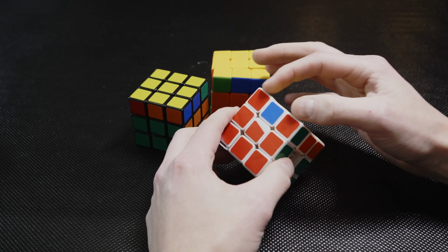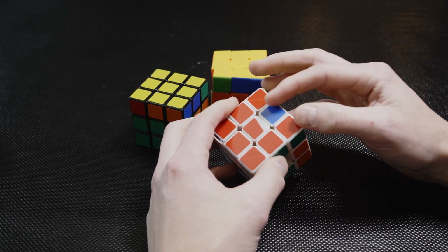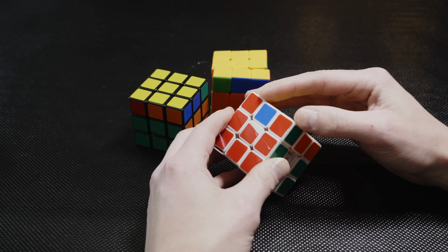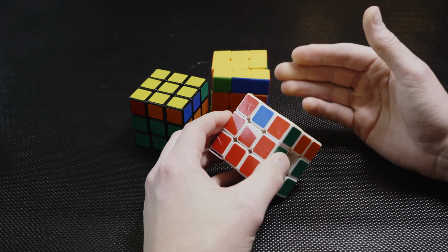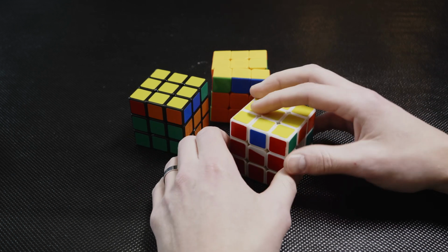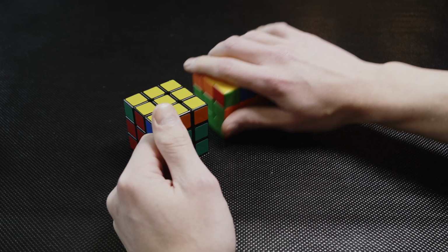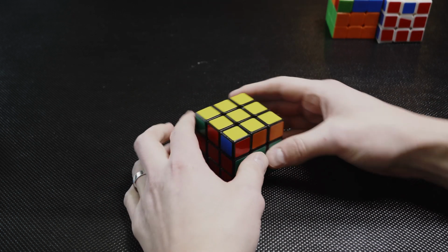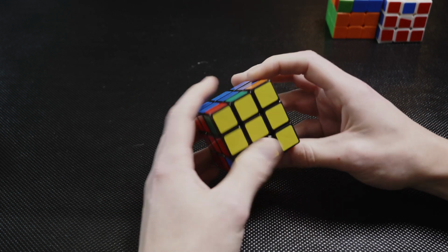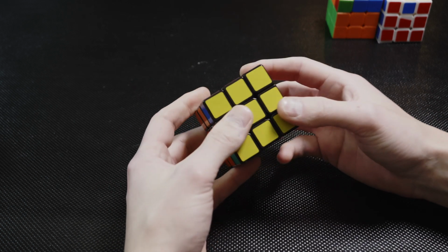So we have 2 eyes here and a head somewhat, and this is what we're looking for. If we don't have this, we just need to do this algorithm that we're gonna learn right now a few more times, okay? The algorithm, which is the hardest one that we're gonna use in this tutorial, if you don't have any headlights or any pair, it doesn't matter how you hold the cube, you just need to execute this